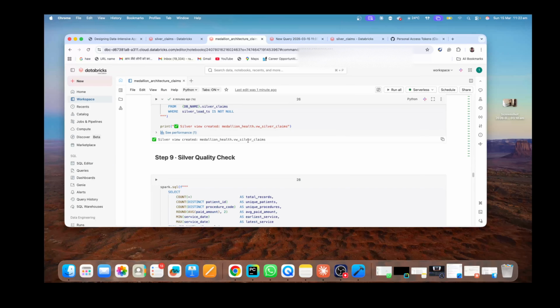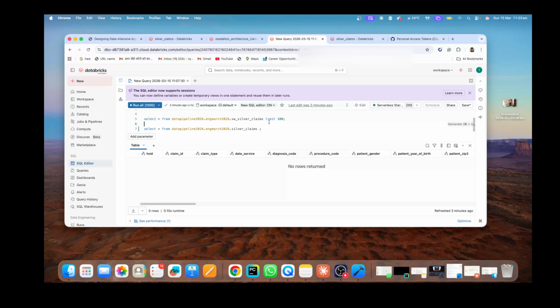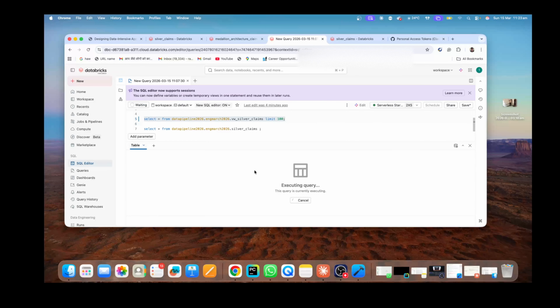Let's move on to the view, right? You can again create it because there is a create or replace statement. Even if the view exists, it doesn't matter. It will still create the view, right? Like now, if I go to my SQL editor and run this statement, I can see